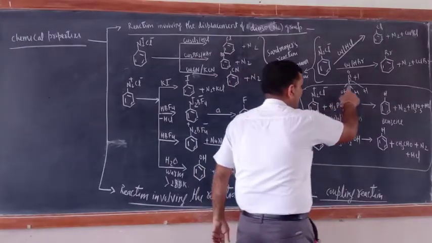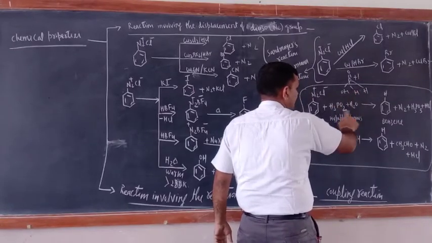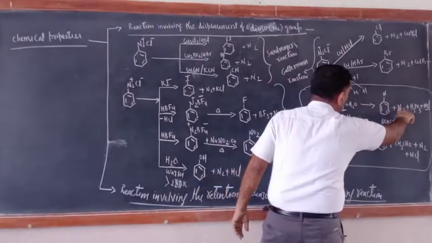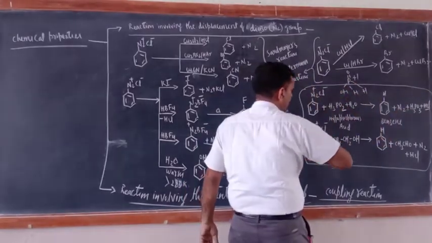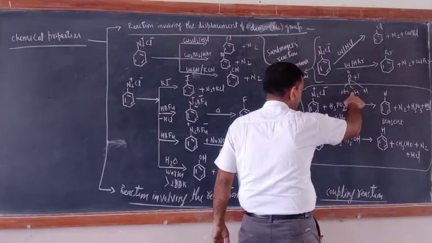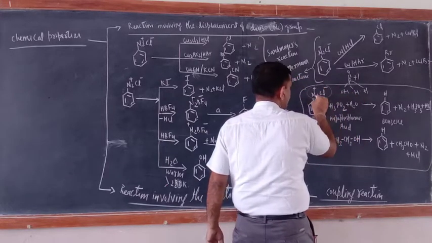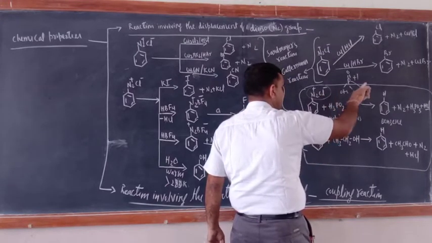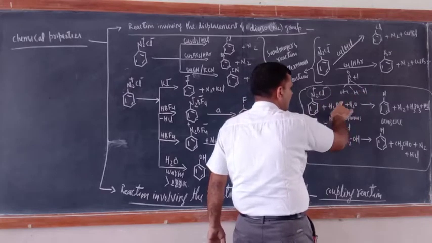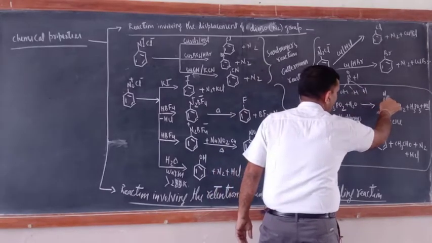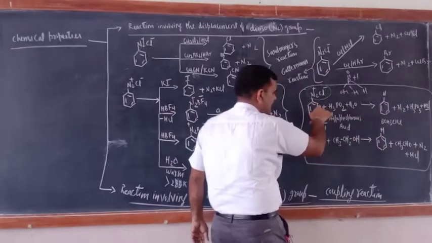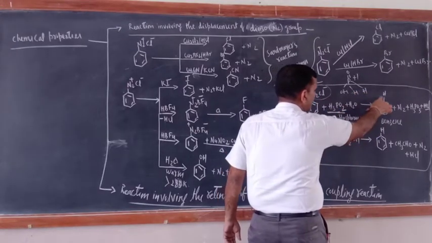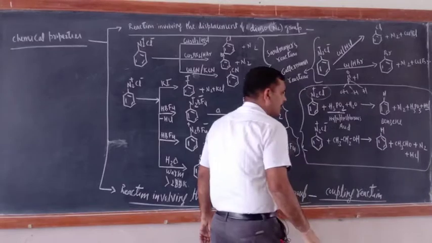Just see here. 2H is there, so 1H minus HCl here. Just see, H and Cl, N2 will come out. Now try to understand here. 1H is still there, so when this N2Cl is replaced, which group would be there? H is not there because N2Cl has gone. So what would be there? Another H of this one will be bonded here. Earlier it was C6H5; now one H has come from H3PO2 and bonded here. You are getting benzene here. Have you got this one?